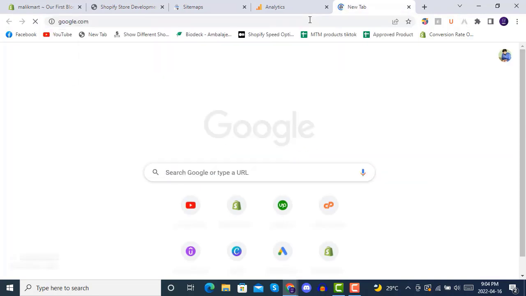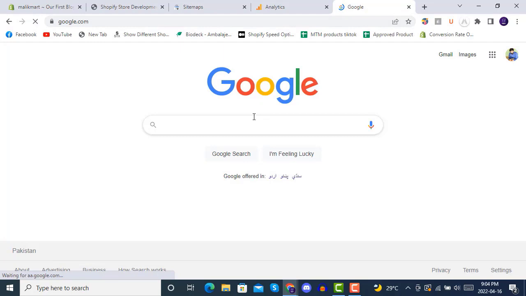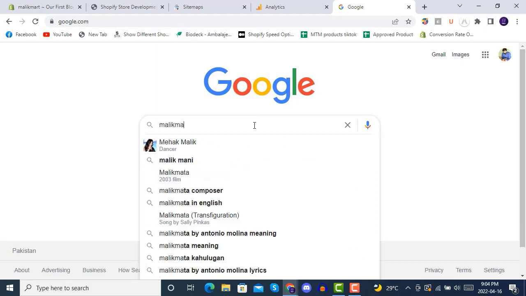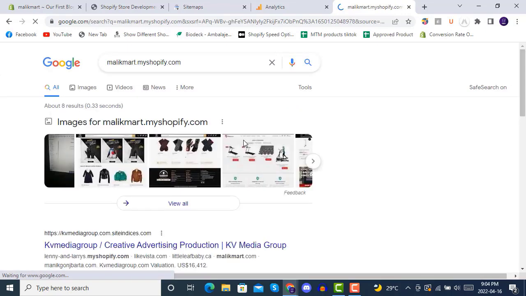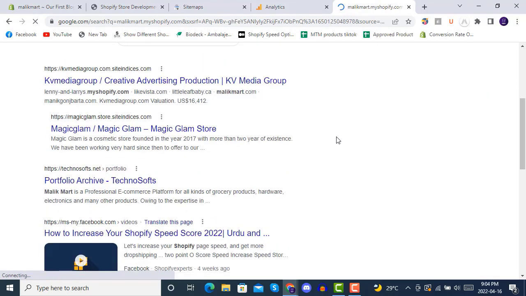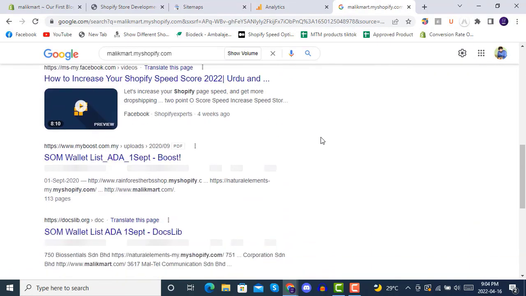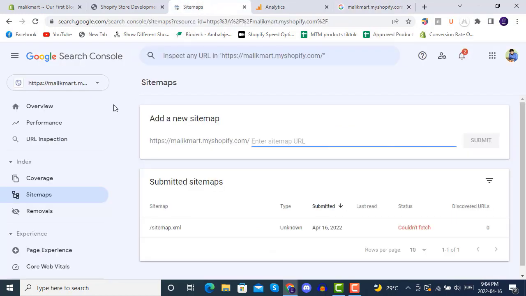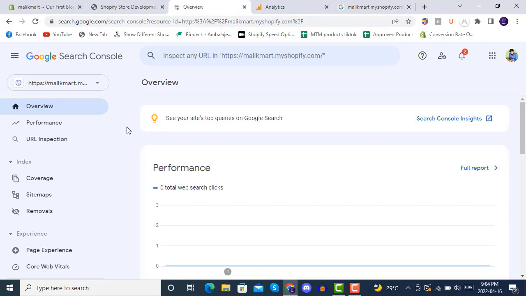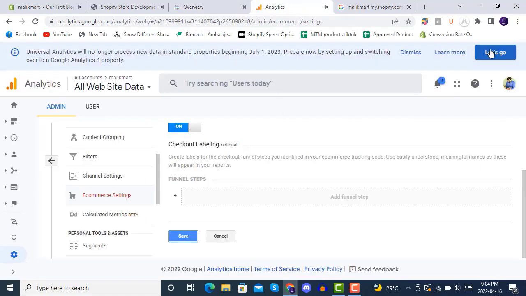So we will also check if it's properly set up or not. You will go to Google and you will write your Shopify store. Before linking to Google Search Console, you will not see your Shopify store here. So once you search inside Google, okay, you see it's not showing now. This is because we have recently added it to our Google Search Console, and in order to check